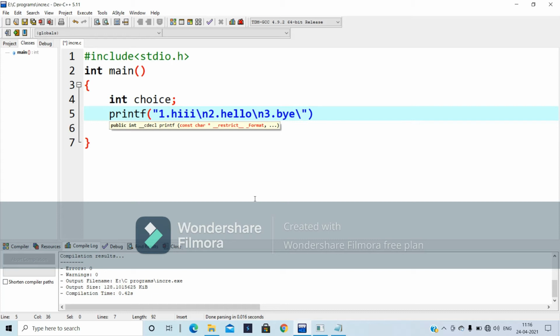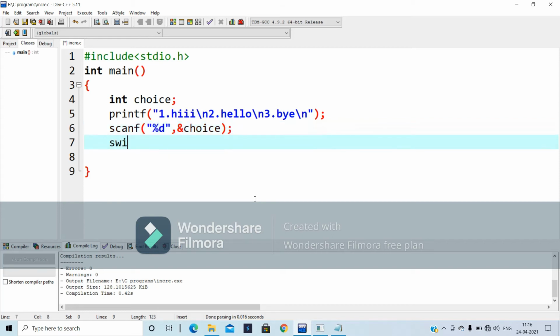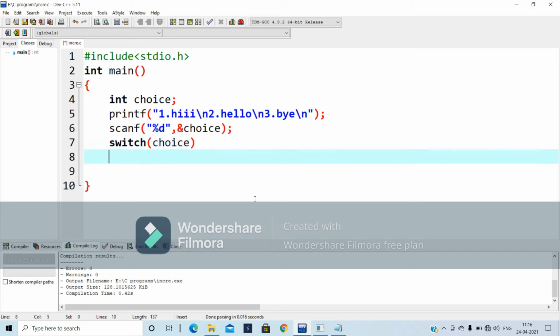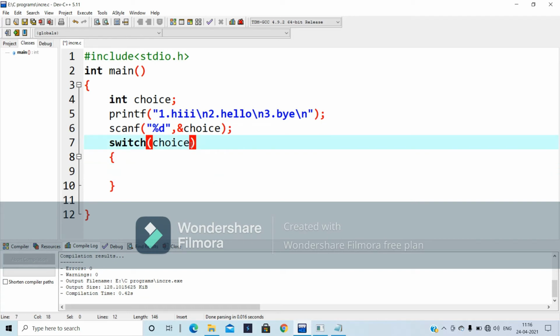These are the three different types of values. I'm going to scan %d comma &choice, as to which one we need to print. Then switch of choice. Here we need to know which case is taken: only character values and integer values, but it does not take floating values, double, etc.